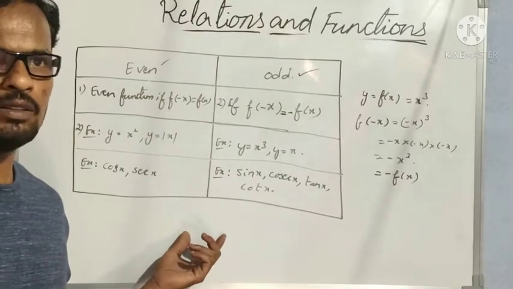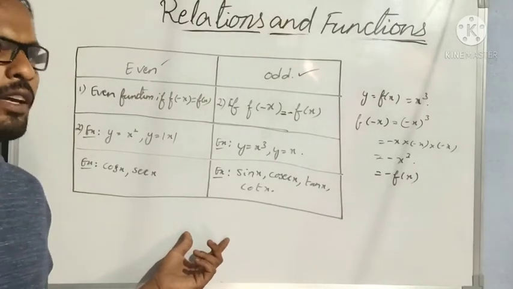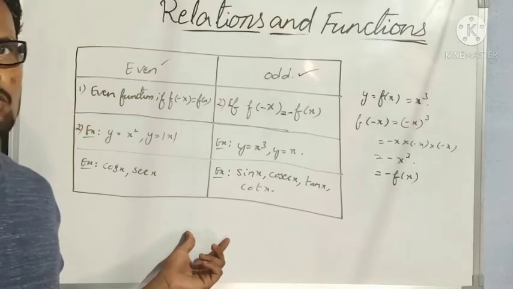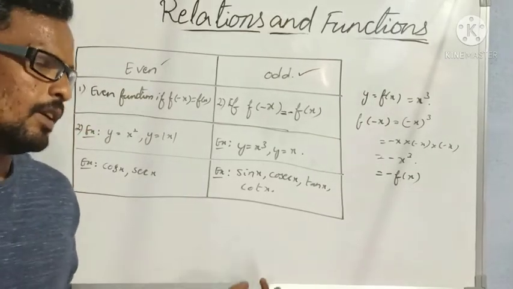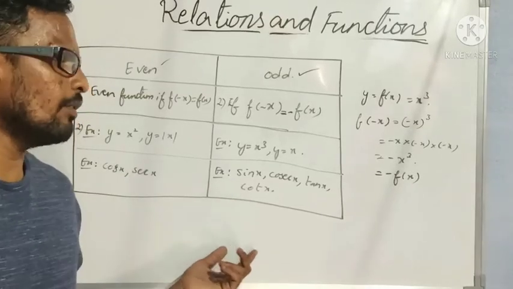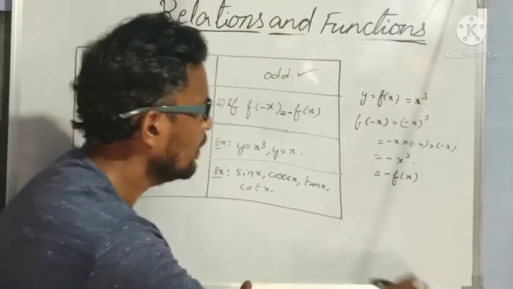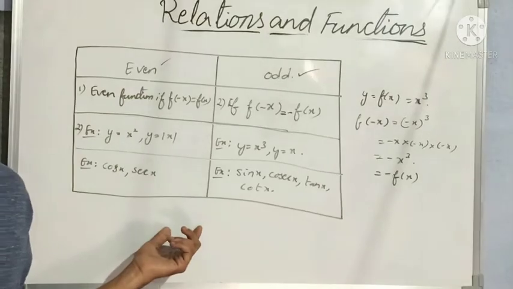So students, this is our today's topic about how to find out whether a function is one one and many one, or whether a given curve is a function or not, by using our shortcuts, that is horizontal line test and vertical line test. And afterwards I have discussed about inverse of a function and about even and odd functions.